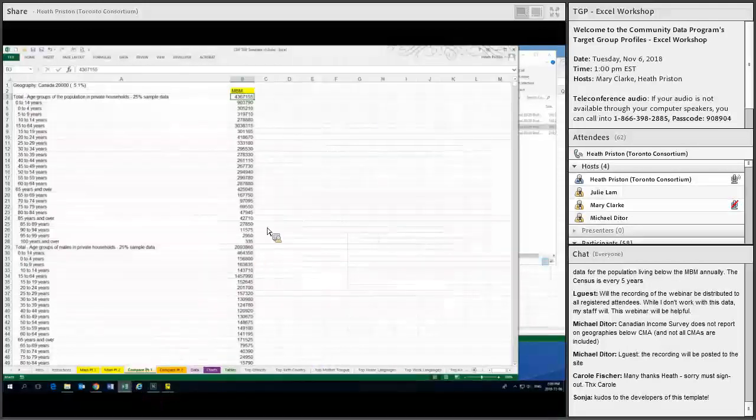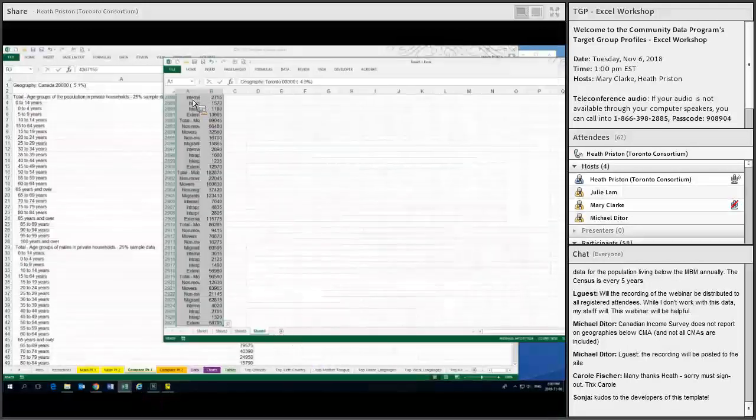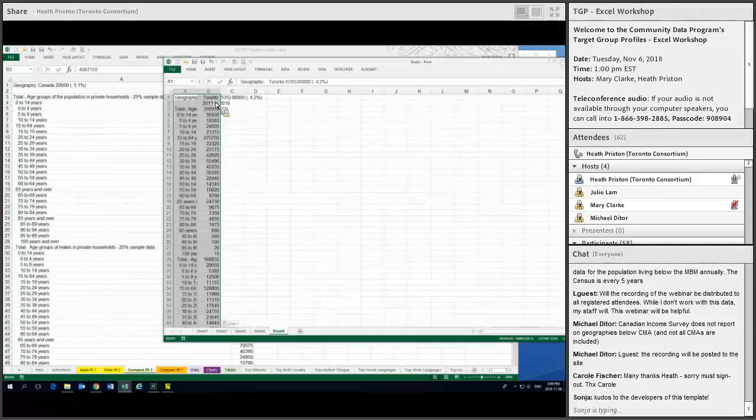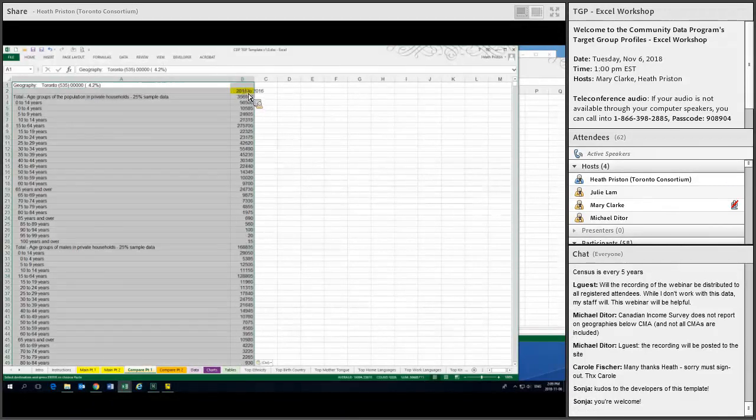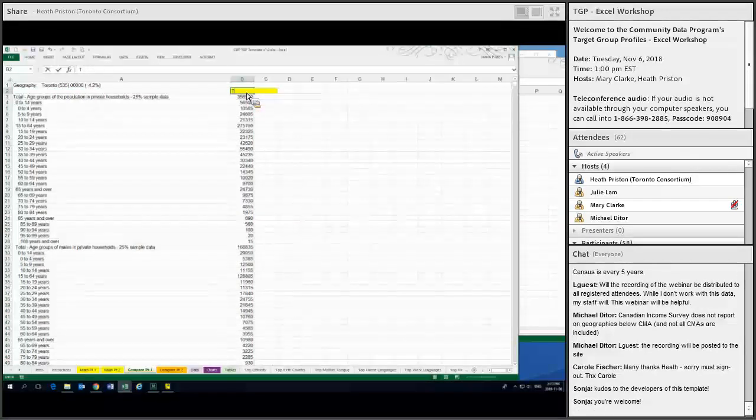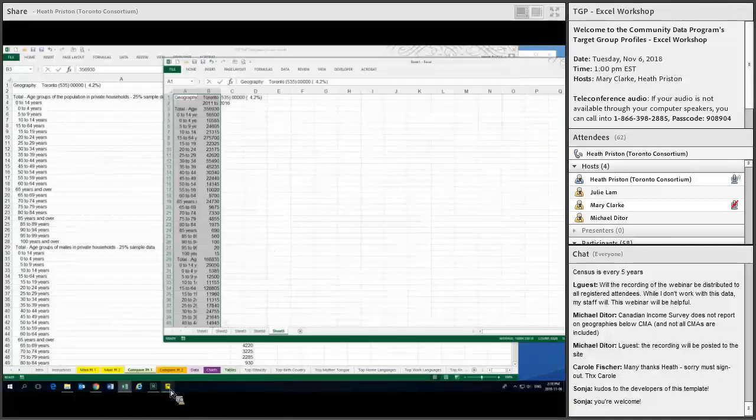it's the CMA. I can tell that by the code numbers, but you can also see from the much higher number that we're talking about a regional number here as well. So, oops, what did I do here? Let's get that back here. Let's show just that, and let's bring these down. Okay, so